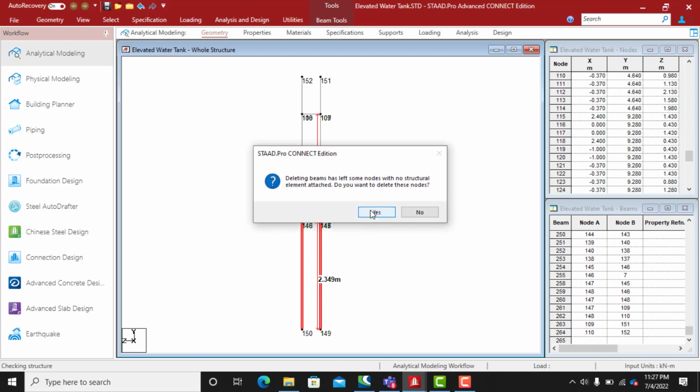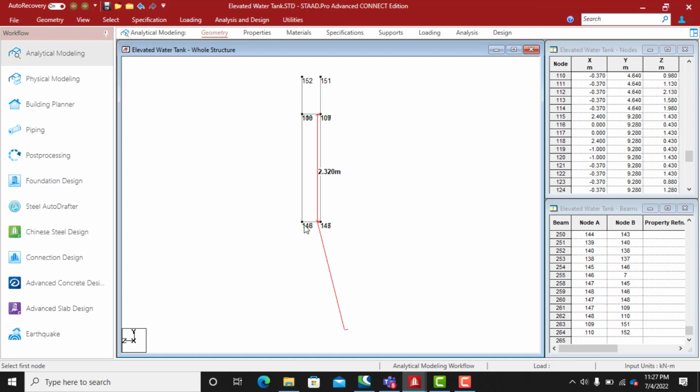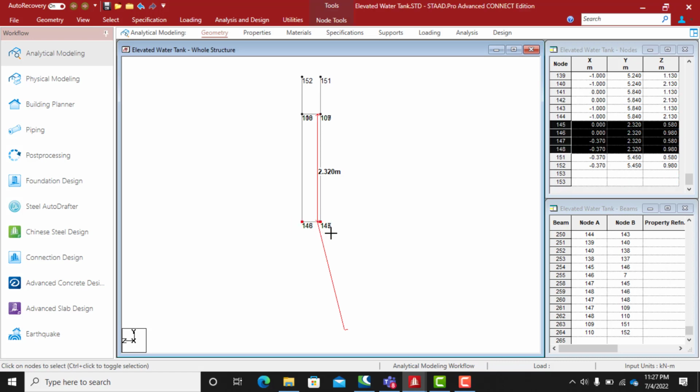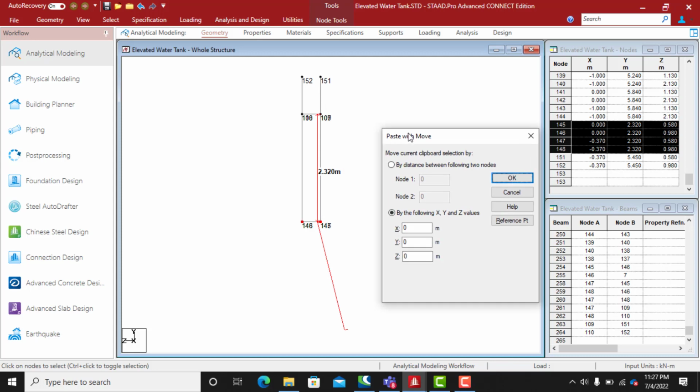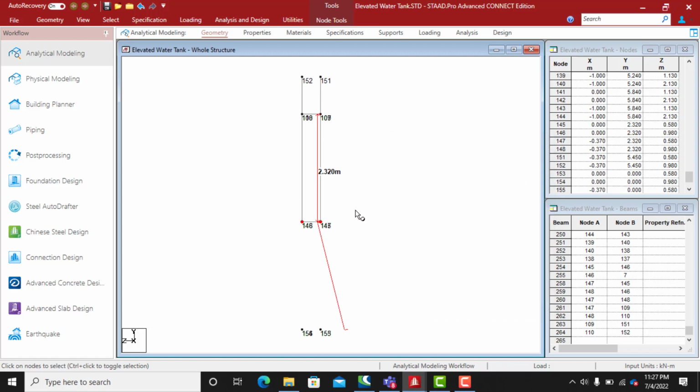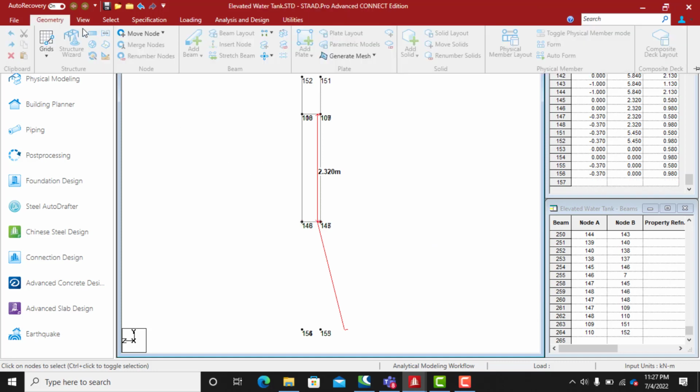Okay, yes. So select node, Ctrl C, Ctrl V, minus 2.32. Yes, then I'll connect to